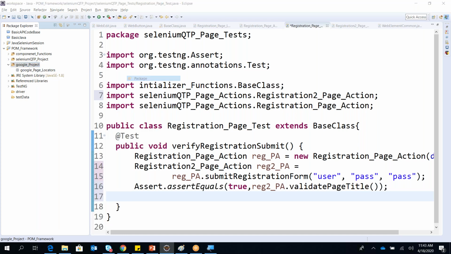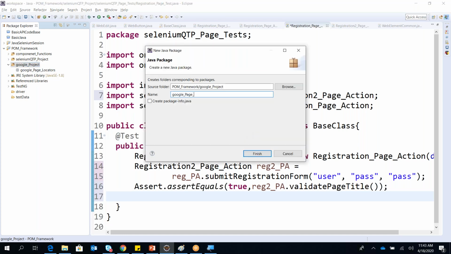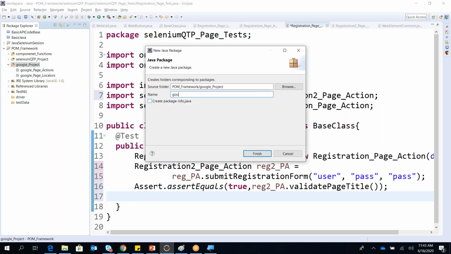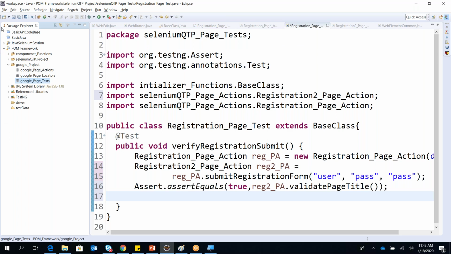So Google underscore page underscore actions and Google underscore page underscore test.